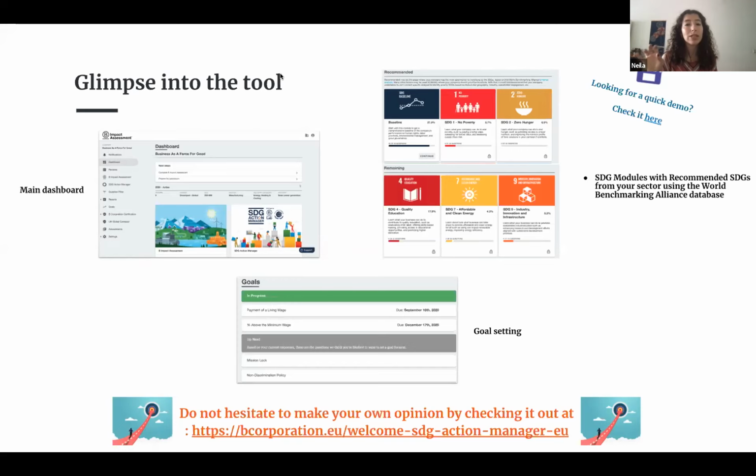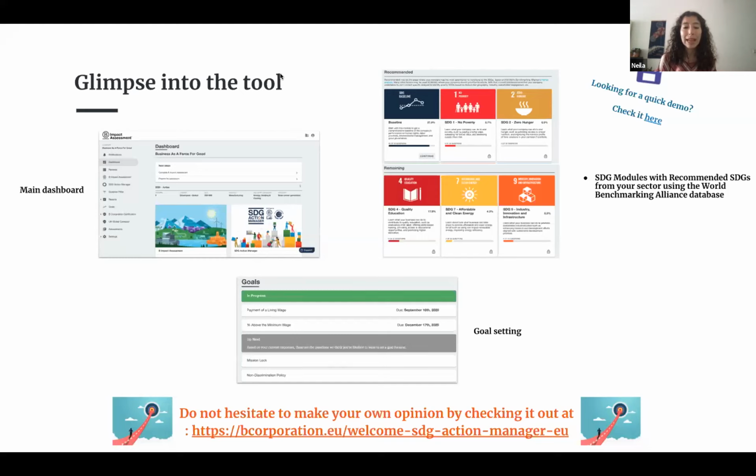And those suggestions are being made based on the World Benchmarking Alliance database using your sector, basically. So it's a good way to start understanding how you can prioritize, but I also encourage you to take into consideration what your company values are and what impact you want to leave on society. If you also try to answer the other models that may not be recommended based on your sector, you will see that the questions are tailored based on your company profile, and could give you more insights on how you could or could not contribute to it.